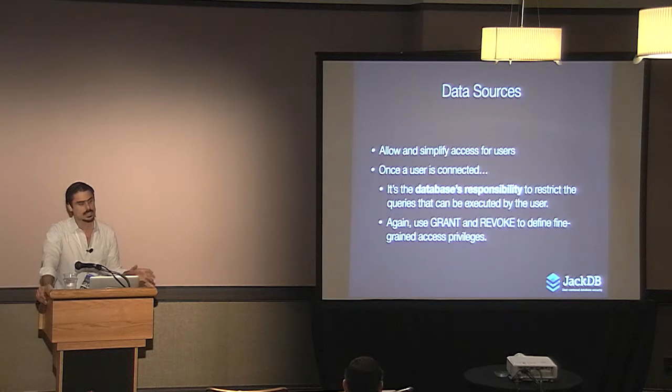And again, with data sources, the idea is that roles grant access to human users to data sources, and the data sources themselves will handle the restrictions of what you can do. So again, in the case of Postgres, for example, you can get very, very fine-grained about what you can grant and what you can allow someone to do, whether it's executing procedures, or being able to select from specific tables or views. There's really cool stuff going on with row-level security, which should come into play. It's up to the database, though, to restrict those things. From our perspective of accessing data sources, all we care about is that access to this data source, whatever that means, is part of a role.